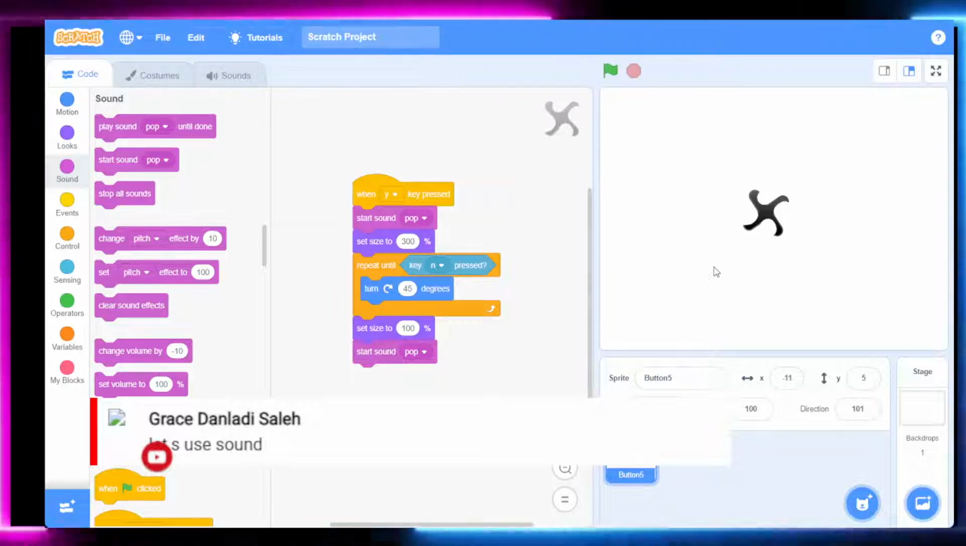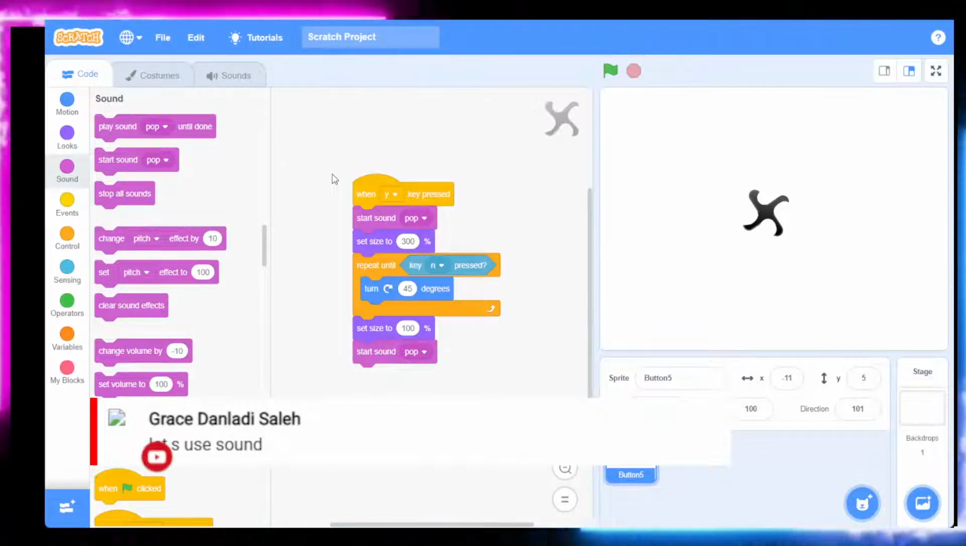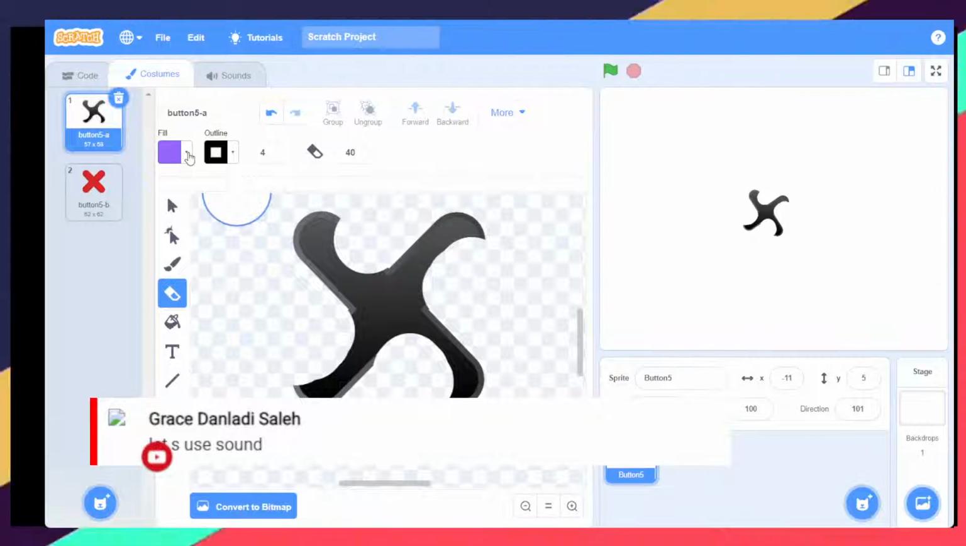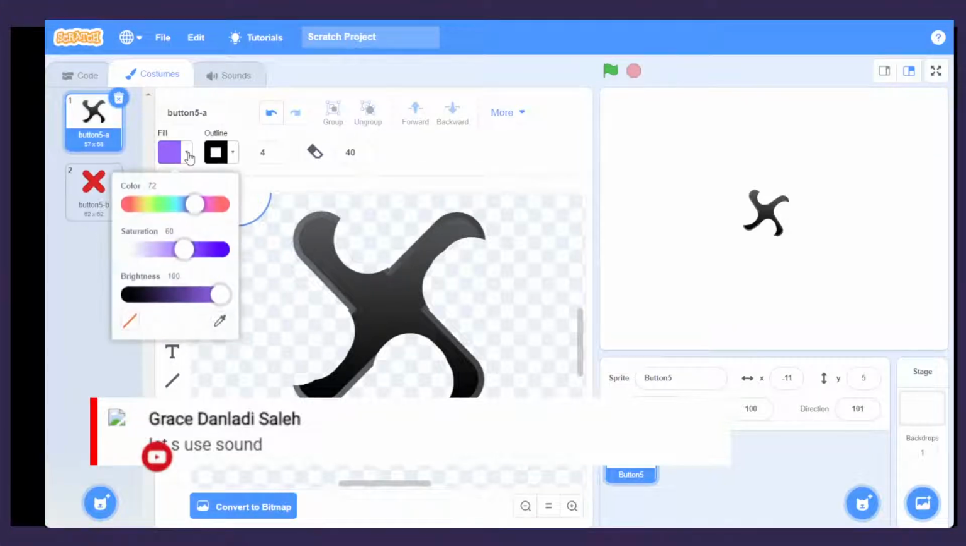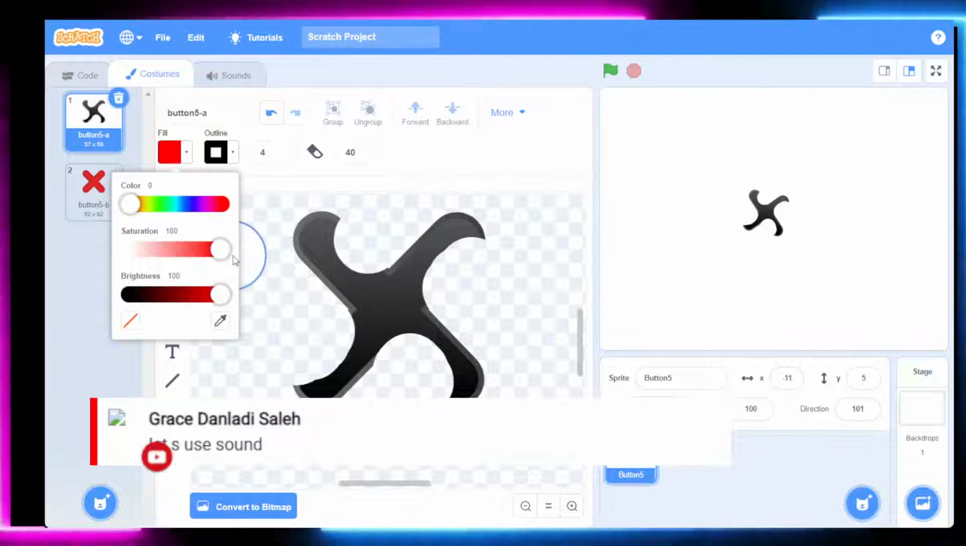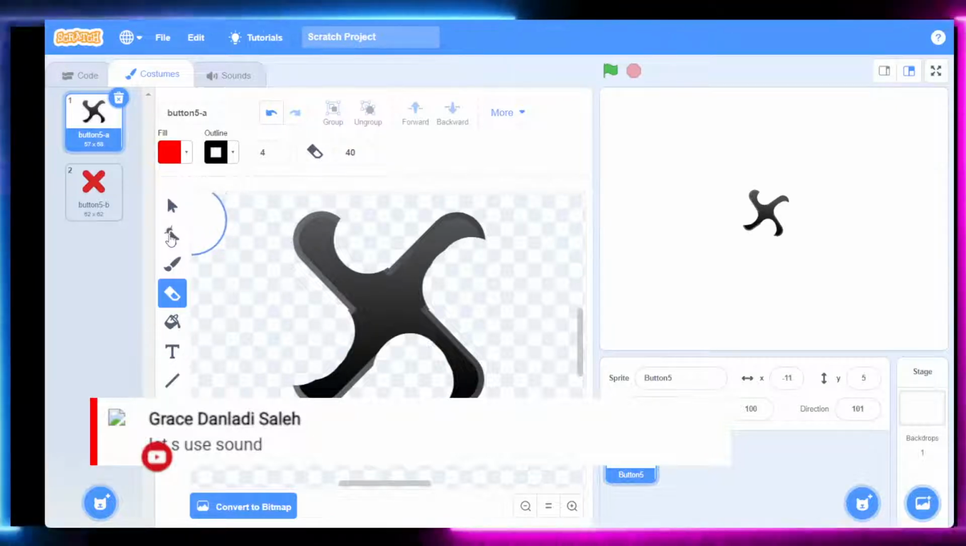Change its color. Change color. What do we need to click before we can change the color? Costumes. And then we want to change the color. Okay, let's change the color of our fan to red. And then let's click on,